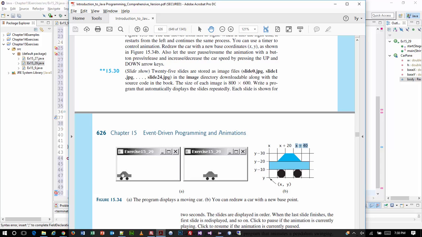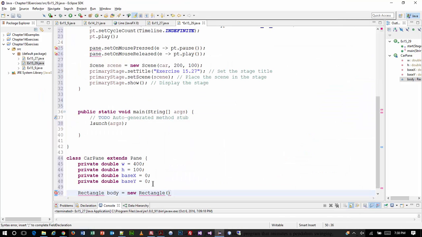Yeah, actually we want the card to be at the bottom. See the challenge here? So how tall did we make this? 100. So instead of setting the y to 0, we're going to set it to whatever the height is. I can do that with the variable, or I can type in 100. And then the rectangle, I'm hoping you see where I'm going with this. The rectangle, we're going to do starting xy, ending xy, right? So the starting xy for the rectangle